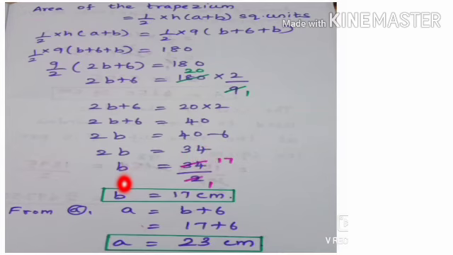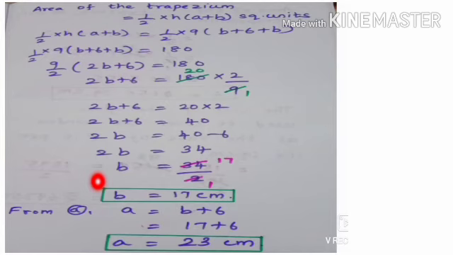Now what is the value of b? We have to bring this 2 to the other side. So it is in the numerator, and after that when it comes to the right hand side, it will go to the denominator. So 34 divided by 2 is, when we cancel 34 by 2, we get 17, which is the value we derived. So 17 is the value of b. So we get the value of one length, b.